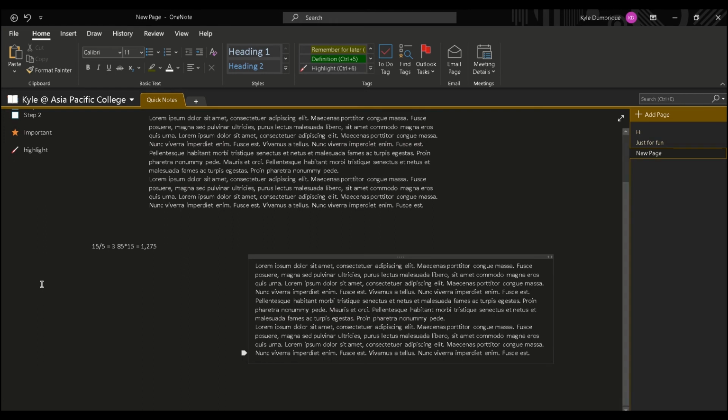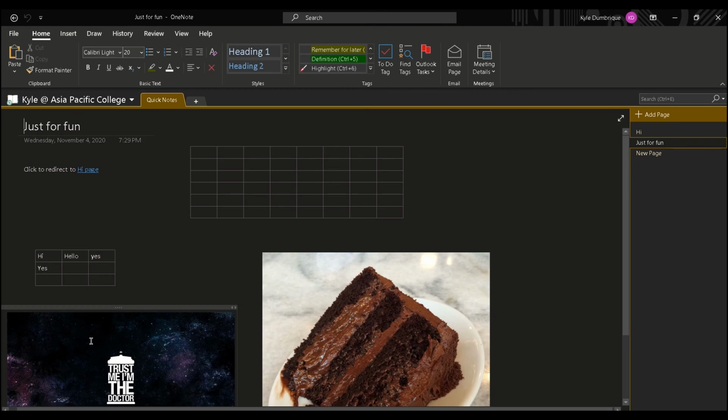So here I will put the double left bracket and I will choose the just for fun page. So I will type just for fun and end it with two closing brackets, and there we go. It automatically links it. So if I click this just for